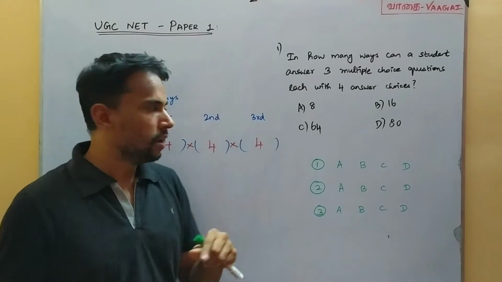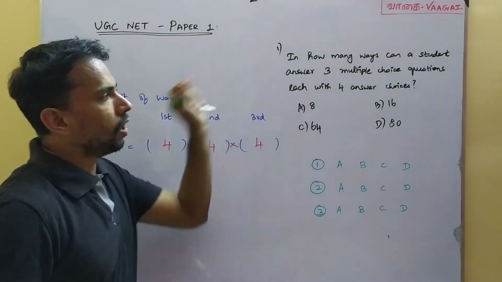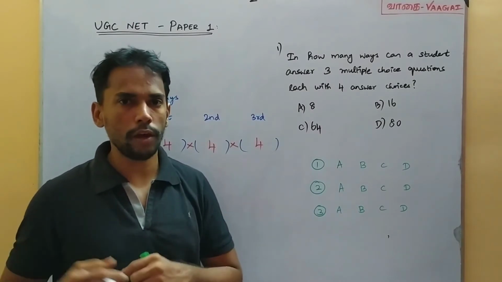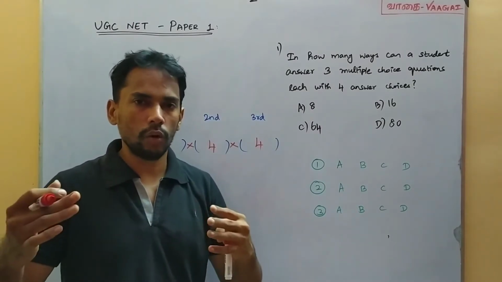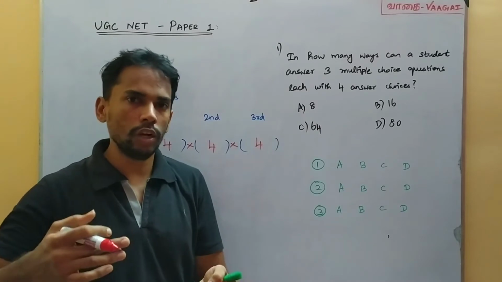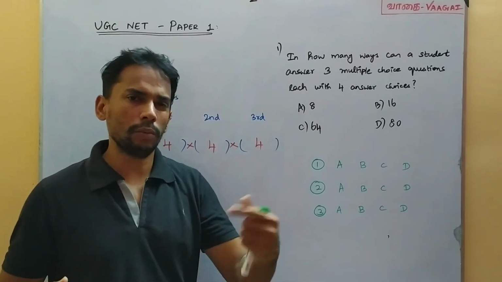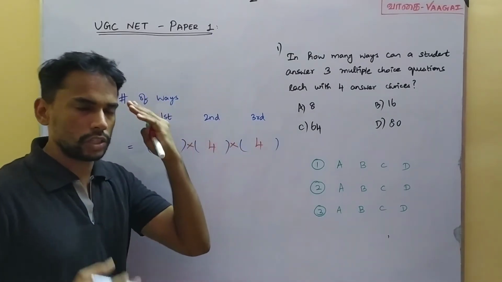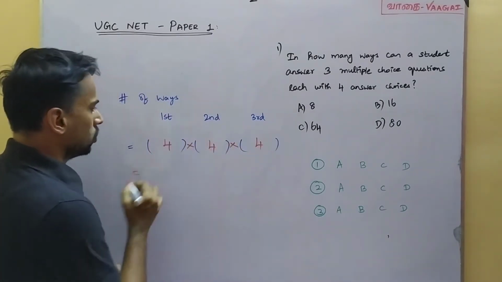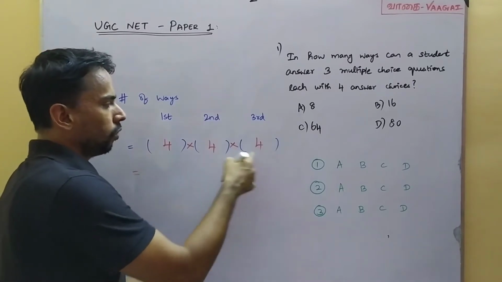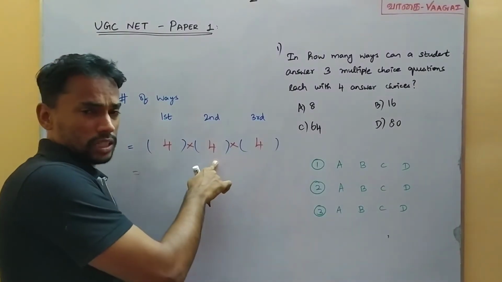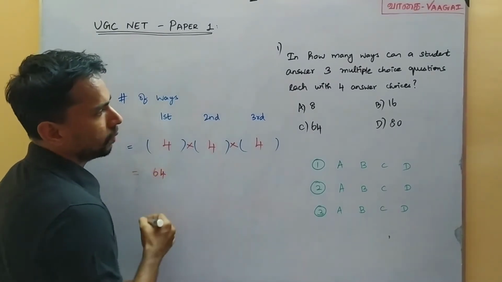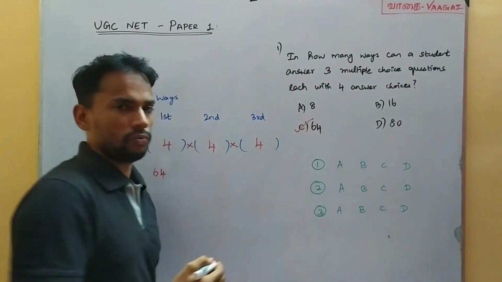So kindly remember, whenever we get this kind of 'in how many ways' question, we will always do the multiplication process. If there are different possibilities allowed, we will have addition. That is going to be a rare case. If at all we get some problems, we can do that. As of now, just take it in your mind as doing multiplication. So finally our answer should be 4 into 4 into 4. 4 fours are 16, right? And 16 fours will give us 64, and that means option C is the answer for our first question.